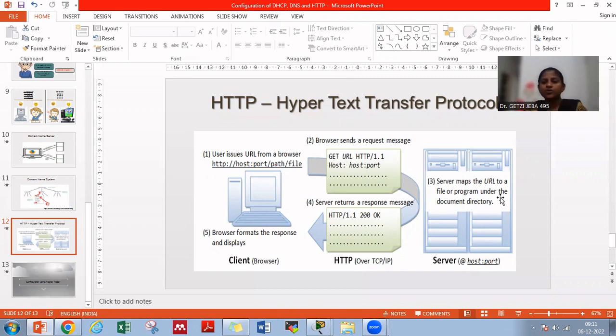So this request goes to the server, it fetches the file, and once the file is successful, it returns with something called a status code. For example, here 200 OK means everything is okay and the file is on the way. Suppose 404, file not found. You might have seen that 404, file not found, 503, bad gateway, all those status codes you might have seen when you are browsing the internet. So this is how